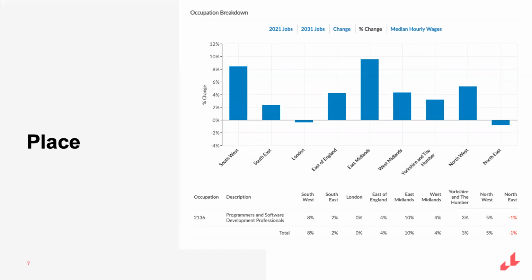The point here is that place is important, as the local market operates differently at a local level because of differences in the local industry mix. That impacts what jobs are employed and which skills are needed. National trends are an aggregate of these. Hot and cold spots and nuance are easily lost. So defining place is critical to making decisions based on data that's relevant to your institution.